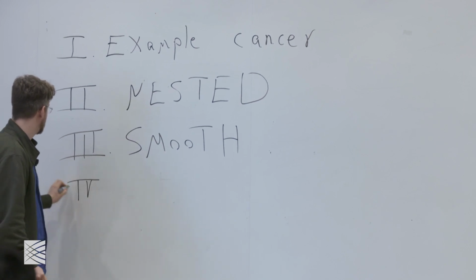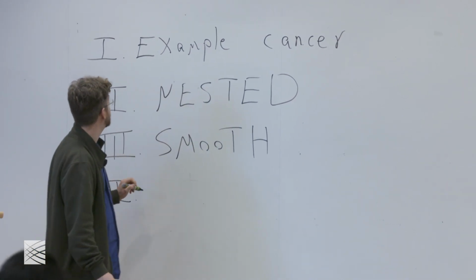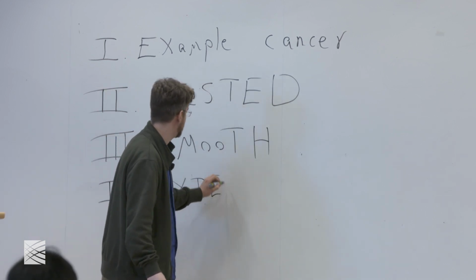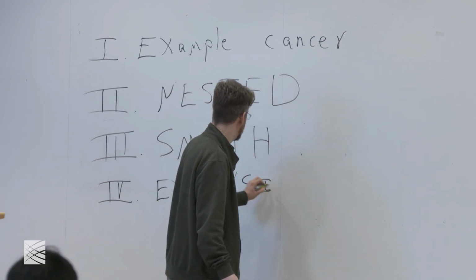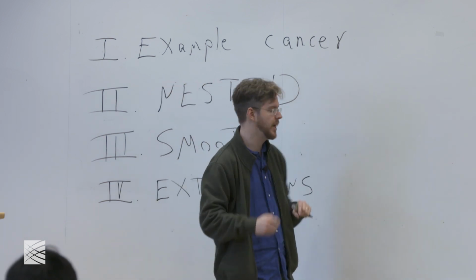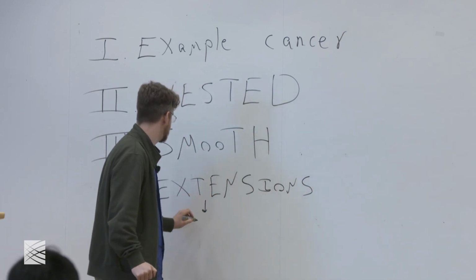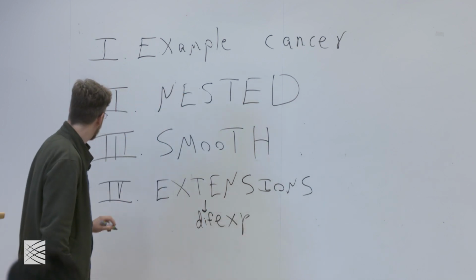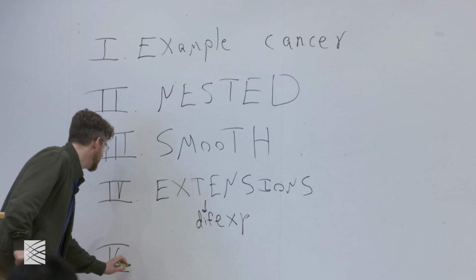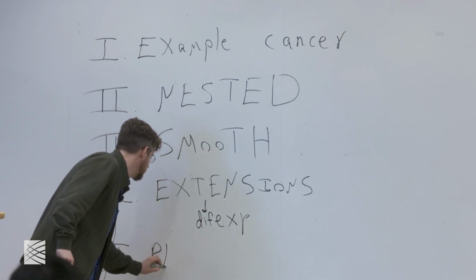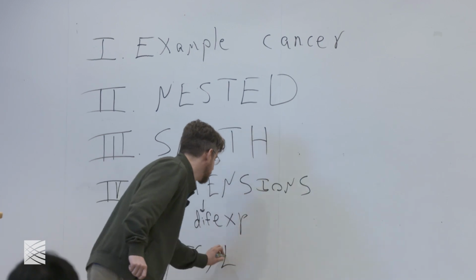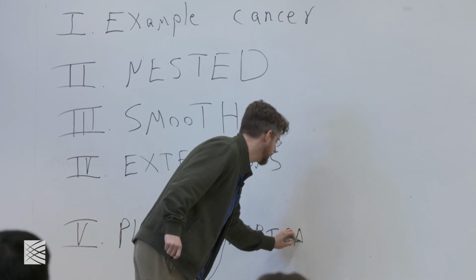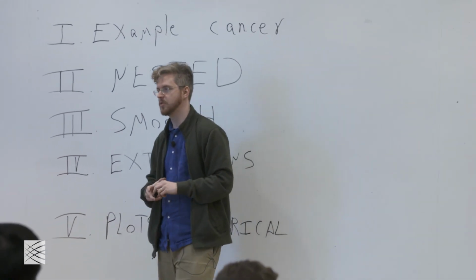So then, once we're done with that, we're going to look at some extensions that don't involve this simple cancer case, but involve more complicated relationships between the hypotheses. This is going to lead to some discussion of an example with differential expression, which will be fun. And then finally, time permitting, we'll look at some plots, empirical results that show how the smoothing idea is actually a good idea, and you don't have to take my word for it,